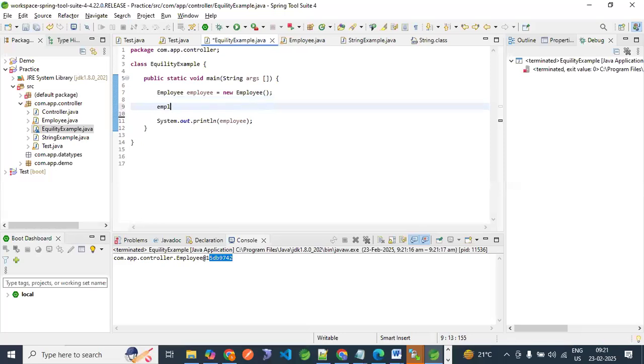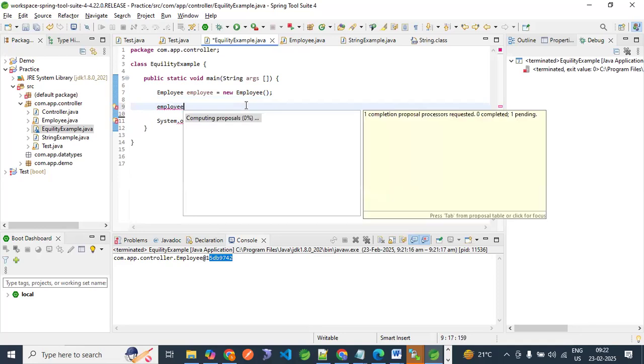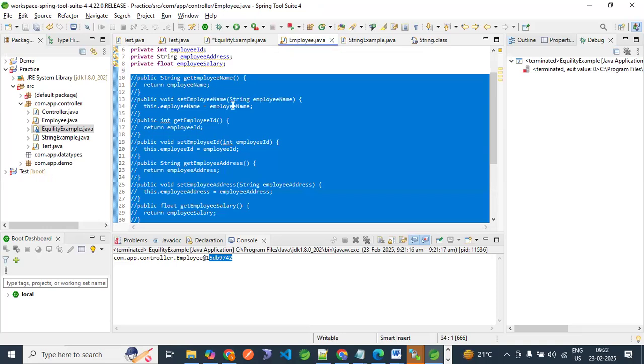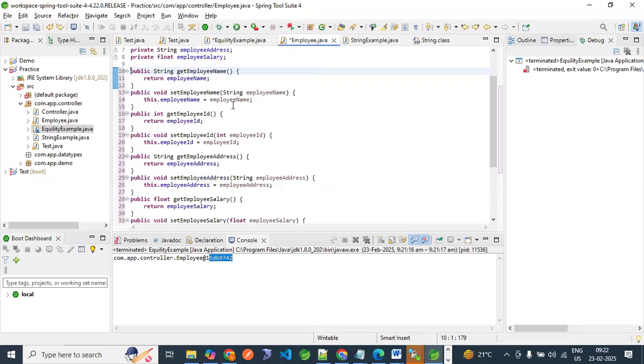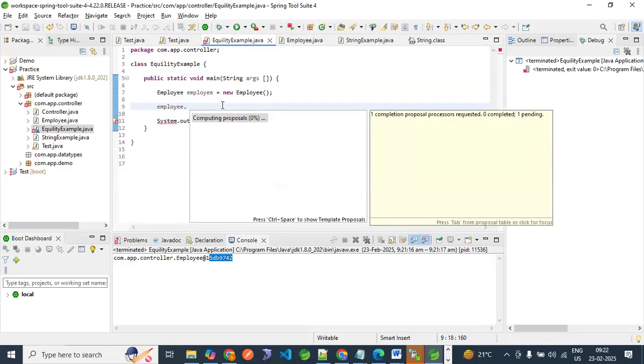Now, how can I add? employee dot employee. The variable is there, and I want to add something, but I am not able to, right? So there should be some setter or getter method. So I uncomment this with Control Z and save. Now come here and save. Employee, it will come now. See,